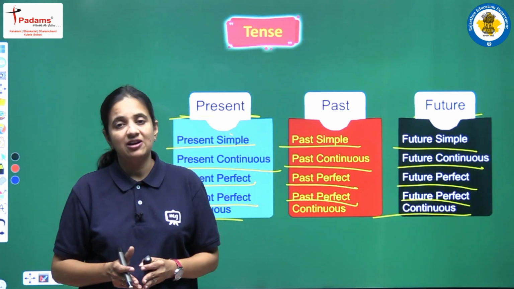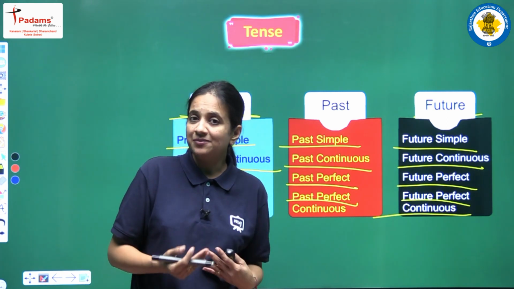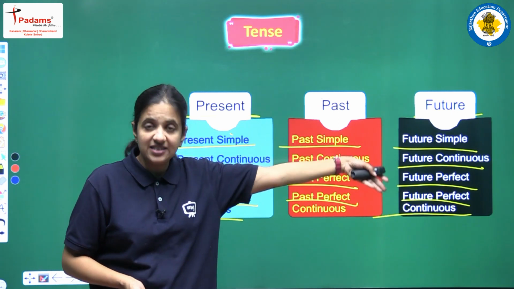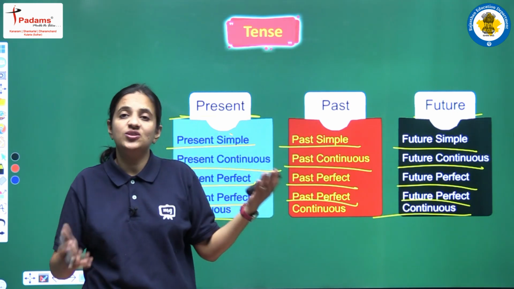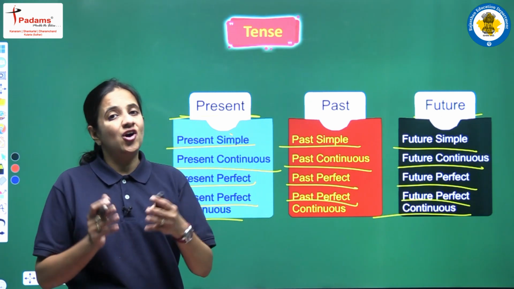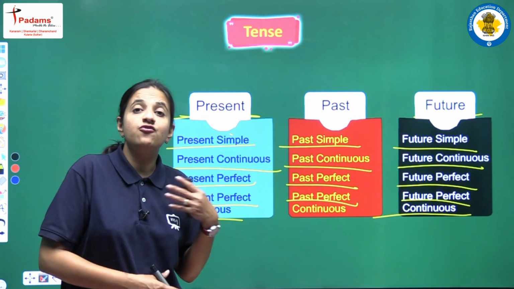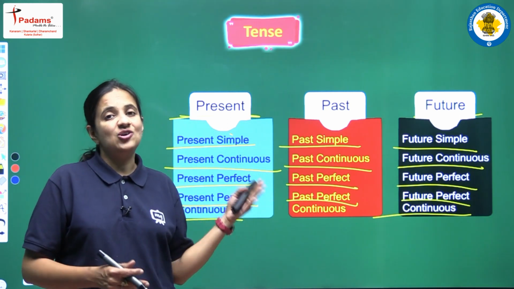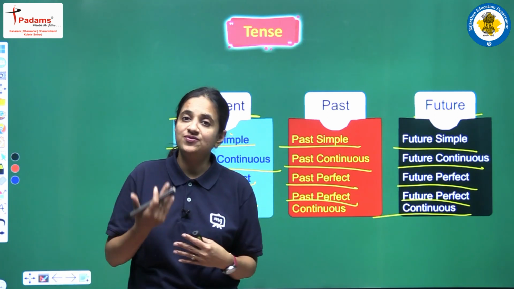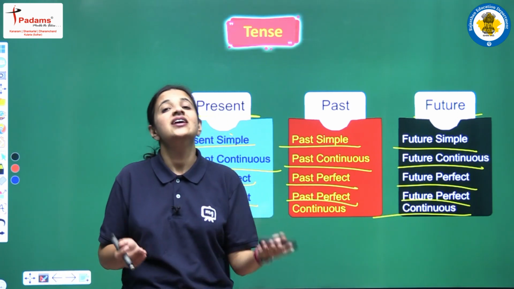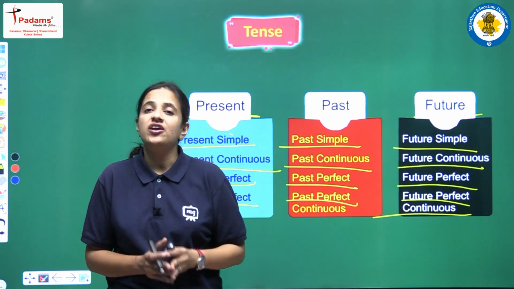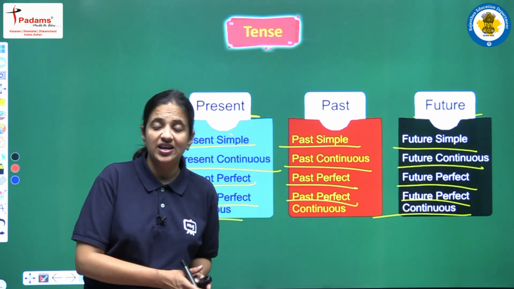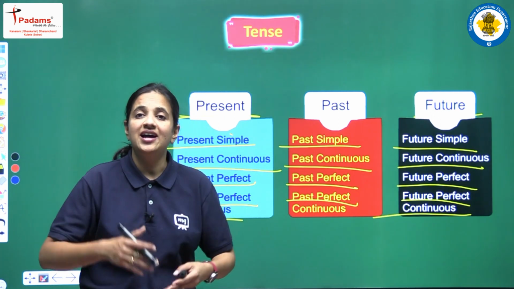Okay, so yes, we will cover all the rules, we will see so many examples, we will see some of the common words that are associated with all these tenses, and we will see the different uses कि कौन से sentence को हमें कौन से tense में लिखना है, कौन से tense का जो use है वो कौन से sentence को form करने में होता है. And yes, we will see the structure of all these tenses also, and the structure of all the different kinds of sentence, like if we are having negative sentence, if we are having interrogative sentence, or if we are having a positive sentence, then what will be the structure of the tenses. Okay, so all these things we will cover in our coming videos.